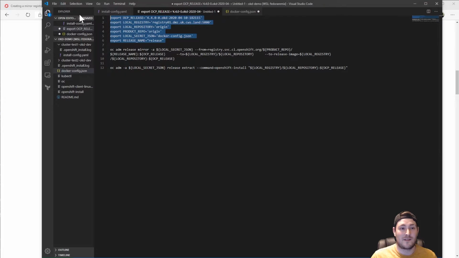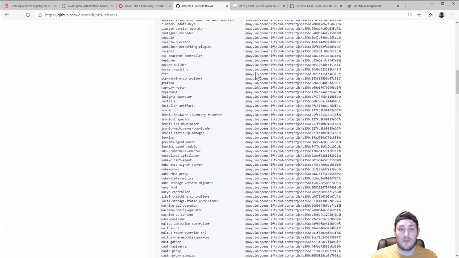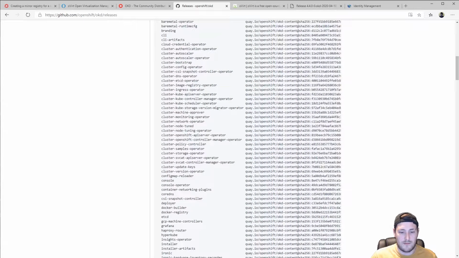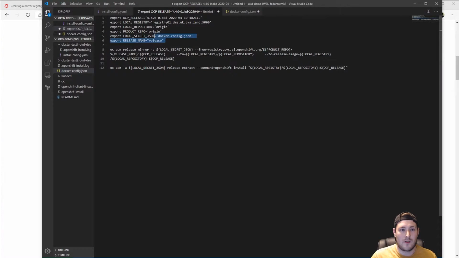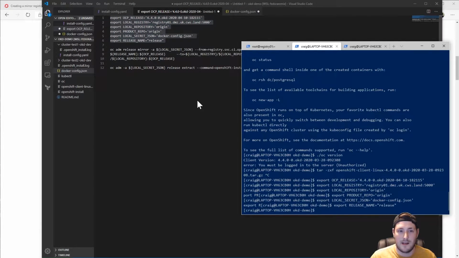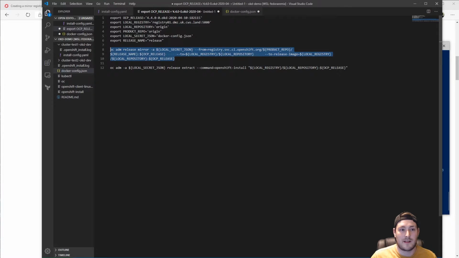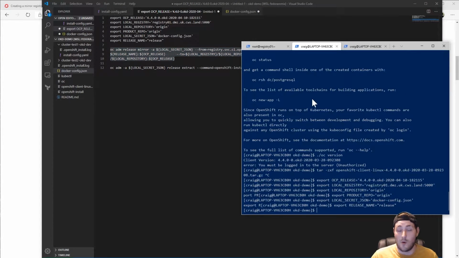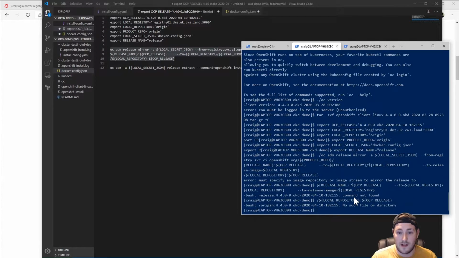And the release name as well, it should be release, unless you're pulling from here, then I believe it's OKD. I need to double check that. But if I copy and paste this, I'm just going to export these variables so that I can use them in my shell here. And then I'm going to run this oc adm release mirror command. So all we've done right now is set some variables and grab the OpenShift client. In fact, just so that I'm using the latest version of the client that we've just grabbed ourselves, I'm going to do, whoops,